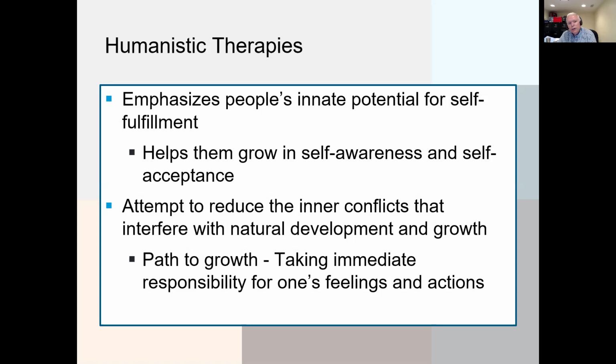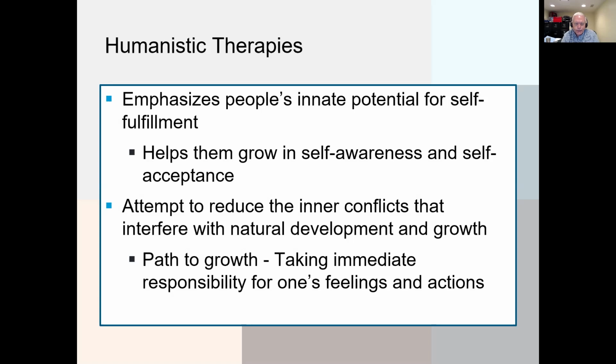An important focus of humanistic therapy is the self. We each have a self, a sense of self of who we are as a person. And humanistic therapists would say that we have an actual self and an ideal self. The closer our actual self and our ideal self are to each other, probably the happier we're going to be, the better adjusted we'll be. The greater the difference or discrepancy between the way we actually are and the way we would ideally like to be, the greater the likelihood of unhappiness and adjustment difficulties in life.